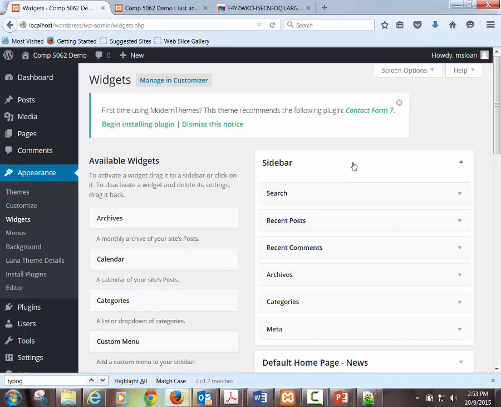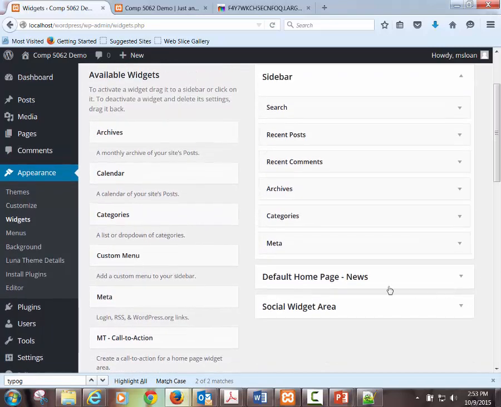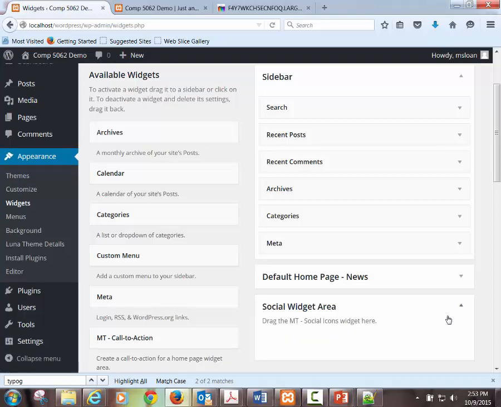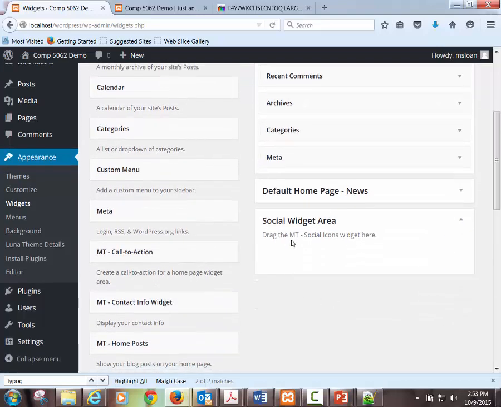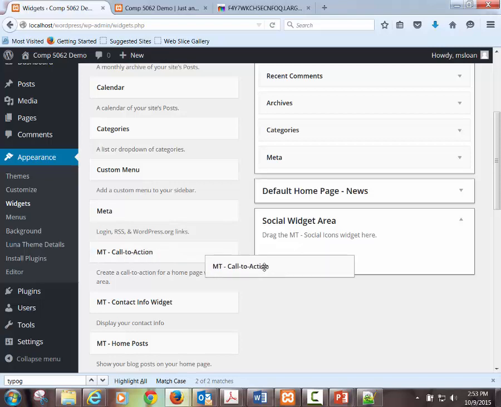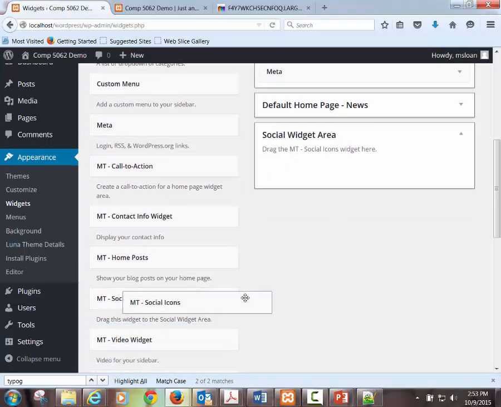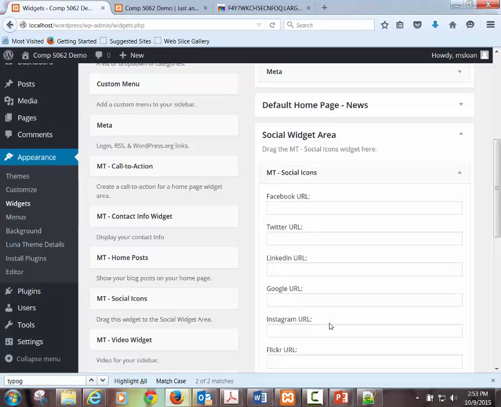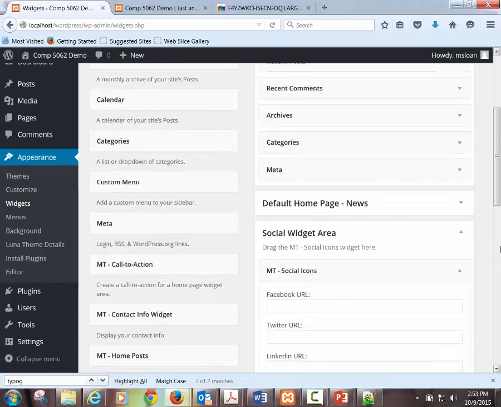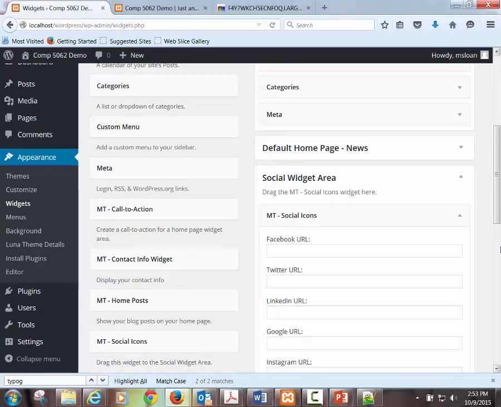But you can have a bunch of stuff that you put in the sidebar. You can have widgets on the default home page. You can have a social area. So there's social widgets. There's a special social area set up for this one. If you click on it, you can see drag the MT social icon widgets here. So I've never used this theme. I don't know what I'm doing, but just based on the instructions that I was following, if you just sit back for a moment and relax and read what it's telling you to do, it should make sense, even if you've never used WordPress. Okay, so these are widgets within the site, like these little objects that go around the